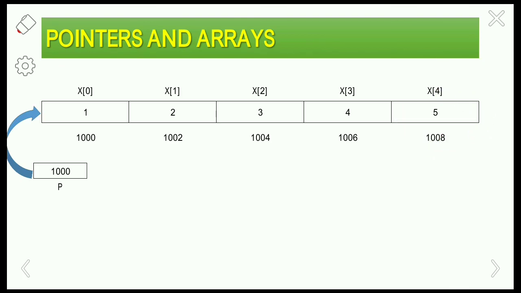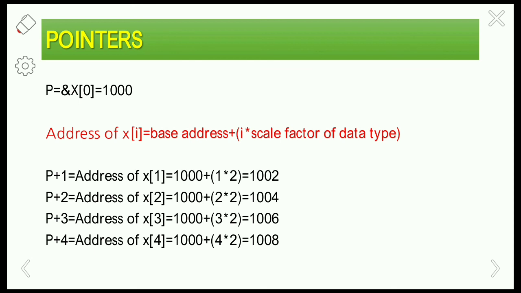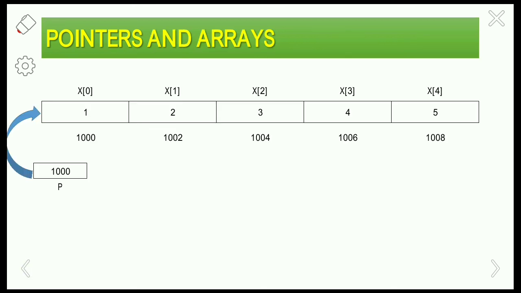Like this we can point to any index in the array. This is the benefit of combining pointers and arrays. Normally we use arrays to store the data, and we can retrieve the data using for loops. But here, using pointers also, we can access the arrays and retrieve the data. So this is about the pointers and arrays concept in the C language.